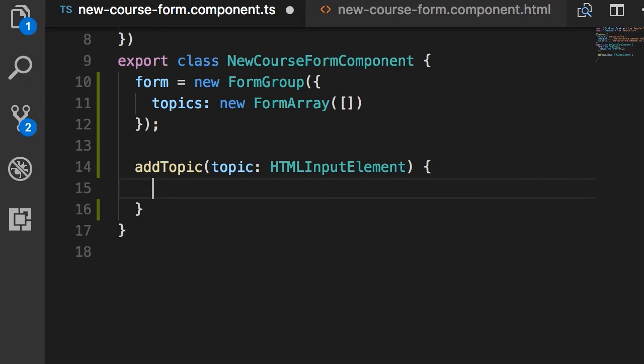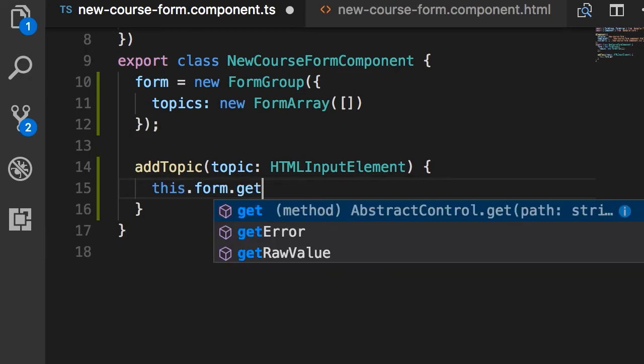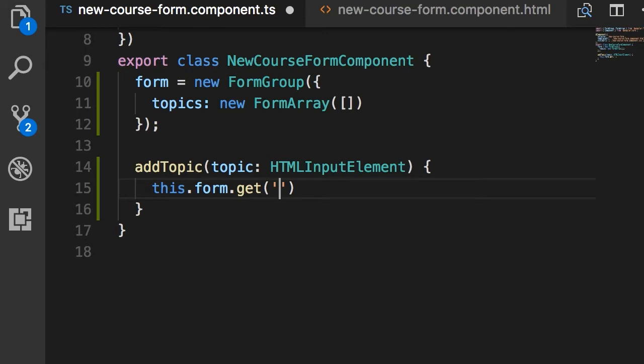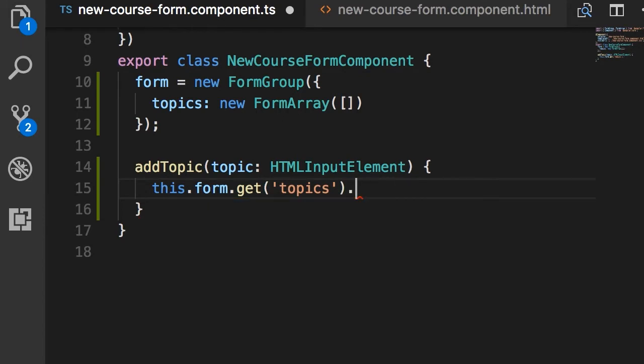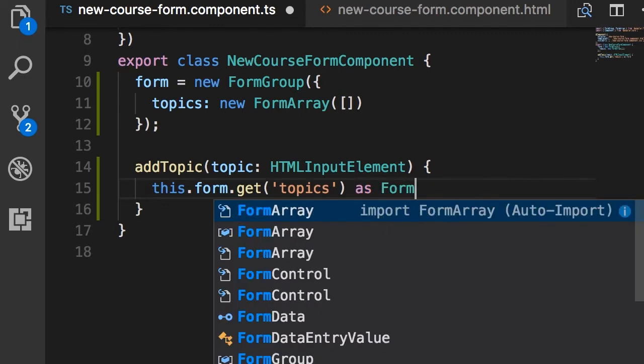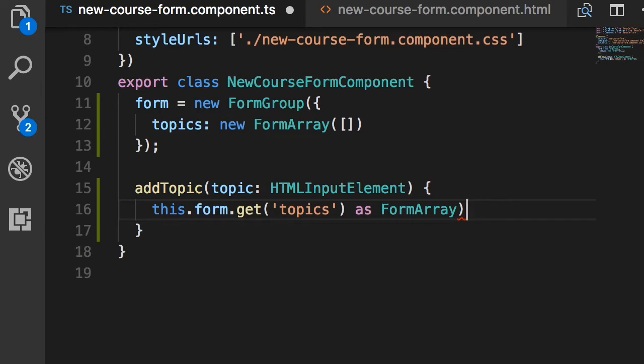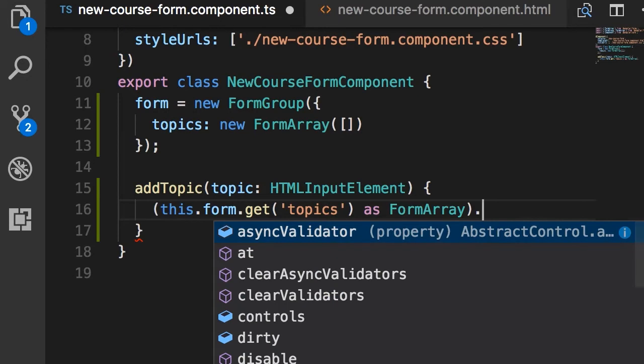Okay? So we start with this.form.get, just like before. The name of our property is topics. Now this get method returns an abstract control object. An abstract control doesn't have the push method because it's only defined in the form array class. So if I add dot here, look, there is no push method. So we need to explicitly cast this to form array. So as FormArray,